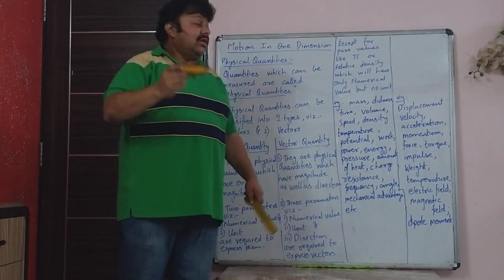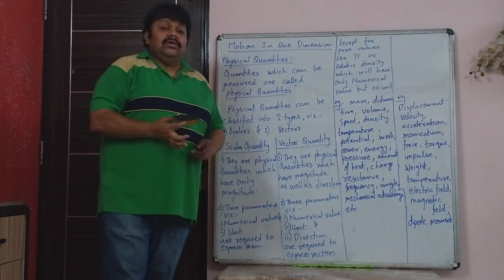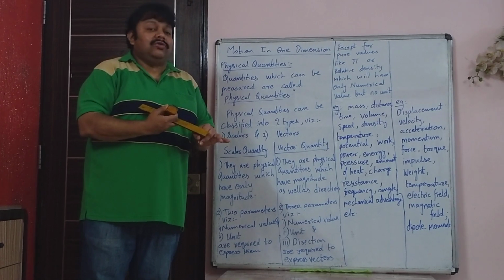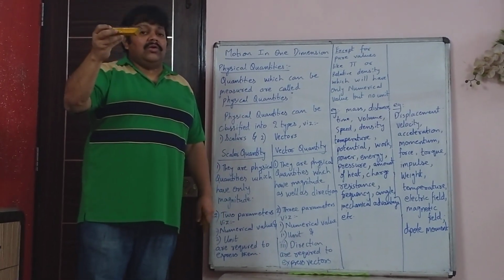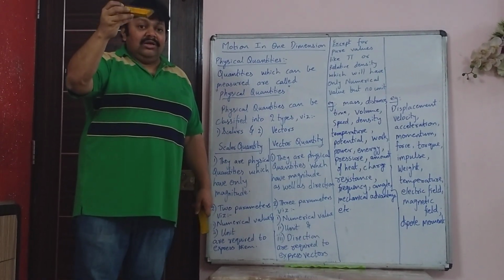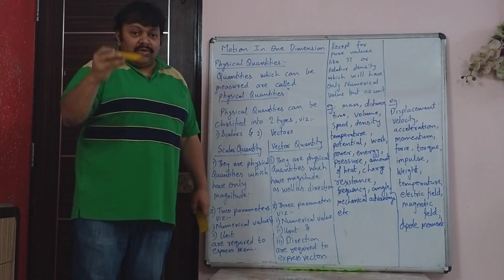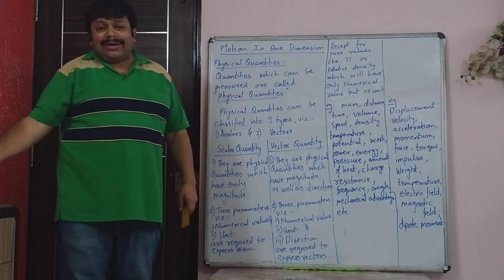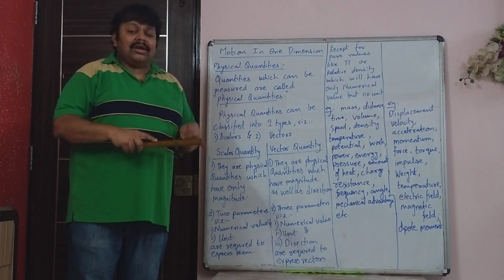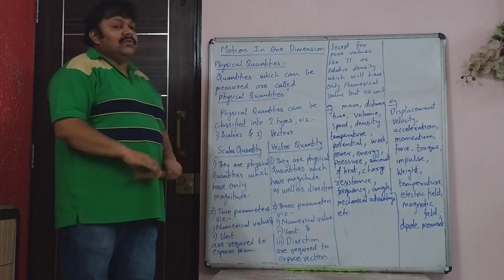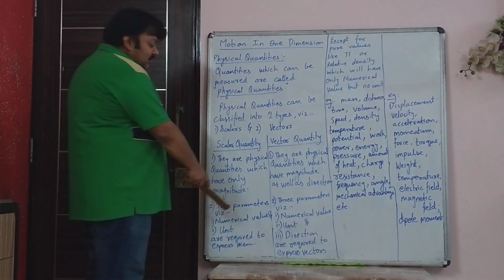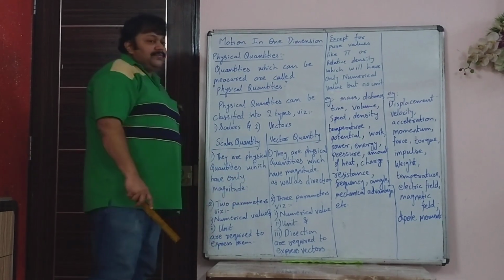So please note that in case of vector quantities, there is not only value and unit, but you add direction. So direction is also involved in vector quantities. That is why you will say the weight of this duster is 50 GF in the downward direction. So vector quantities are quantities which have unit, magnitude and direction. So that's the difference between vector and scalar quantities. Even if they ask you for the distinction, you have to write the 2 points which have been given here.